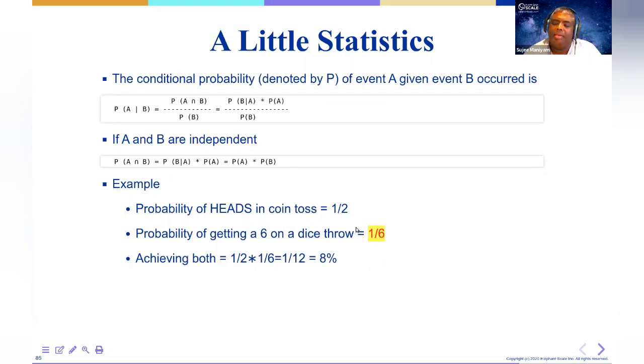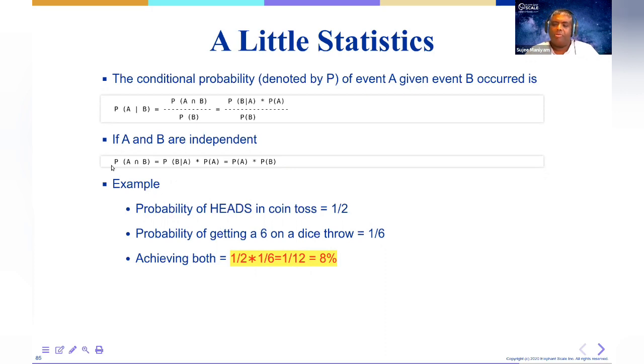So what are the chances of me getting heads and getting a 6 on the dice throw? Since they're independent events, we can multiply the probabilities. Does that make sense, guys? That's the idea behind this theorem. We calculate individual probabilities, and then we calculate the combined probabilities. Make sense? That's why it's called a probability-based theorem.